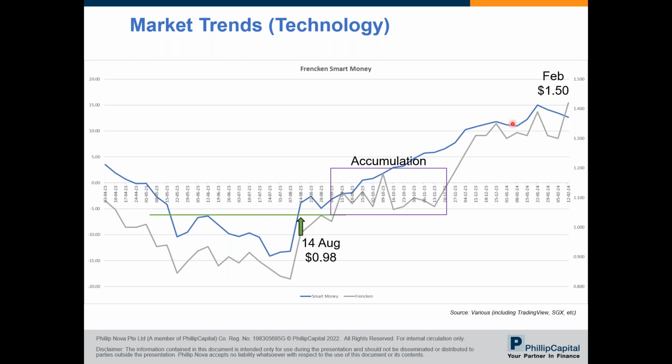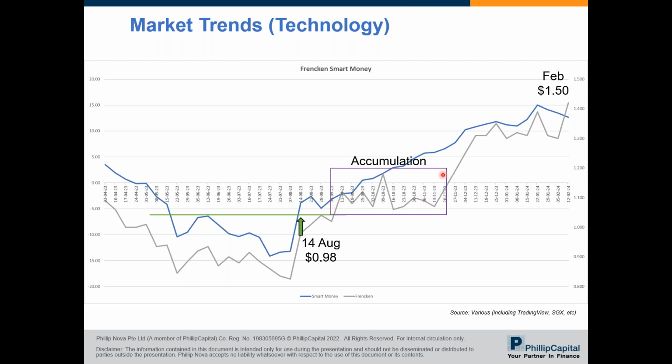And then since then until now, the smart money had consistently been buying. Of course, there was a period of time that they may have had a little bit of sell down, profit taking, or it could be one group exiting and another group coming back in. We really do not know. But what we do know is that as a group, as a whole, the smart money have been buying Franken Group. And this part here that I boxed up,